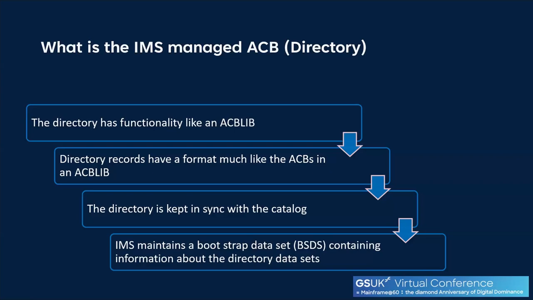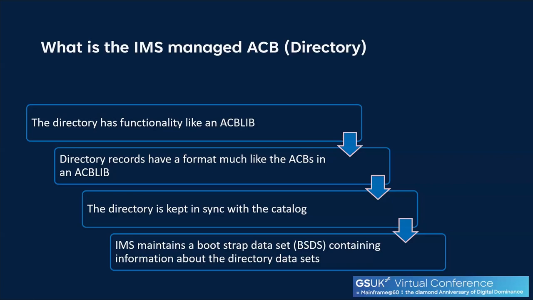Your catalog has to be in sync with your directory, because catalog information goes into directory when you run a catalog populate or your DDLs, which populate your catalog as well as directory. And then there is a special data set in managed ACB called the BSDS, the bootstrap dataset,